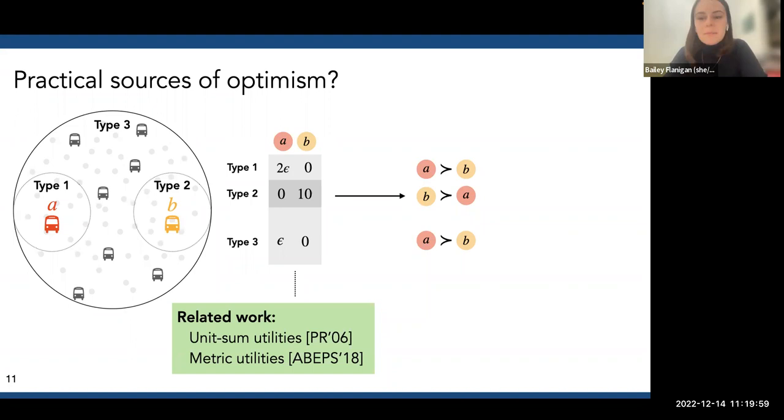This problem is in some sense fixed by assuming unit sum utilities, because what that enforces is that everybody has approximately equal stakes in the problem. Like they all stand to gain about the same amount overall. This is a bit of a hand-wavy idea, but really the fundamental problem here is this idea of different stakes. And I would argue that in real problems, voters do have different stakes in the decision. You can think about any policy decision, and a group of people that you pull from a city. You can imagine that people will have really different stakes.